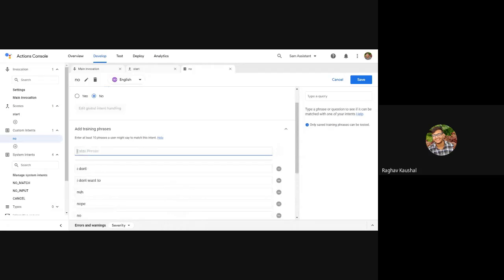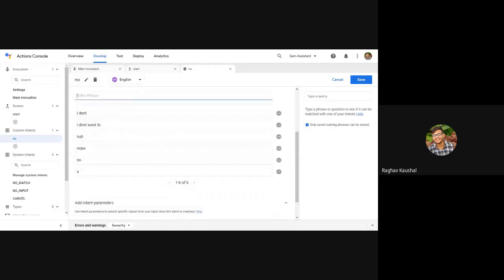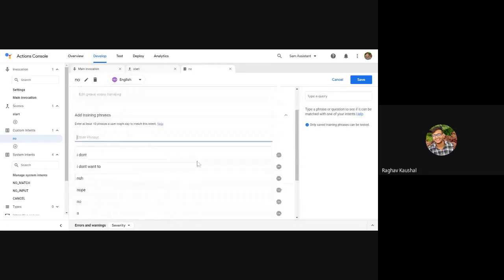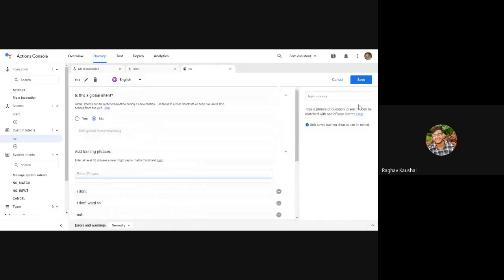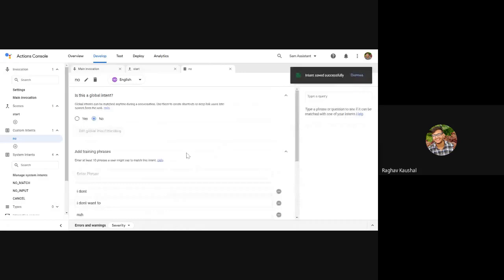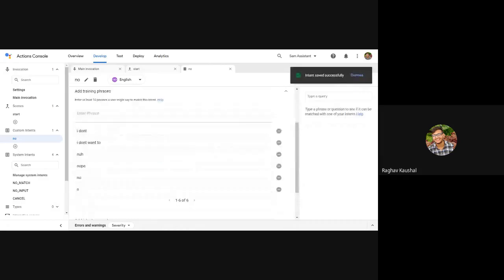I guess these many are fine. We'll add these training phrases and then click on save. This is where you create variation. For example, if you are doing it in your language, you have to enter every phrase in your language that the speaker is going to say. Whenever the user says any of these, the intent no is going to trigger.